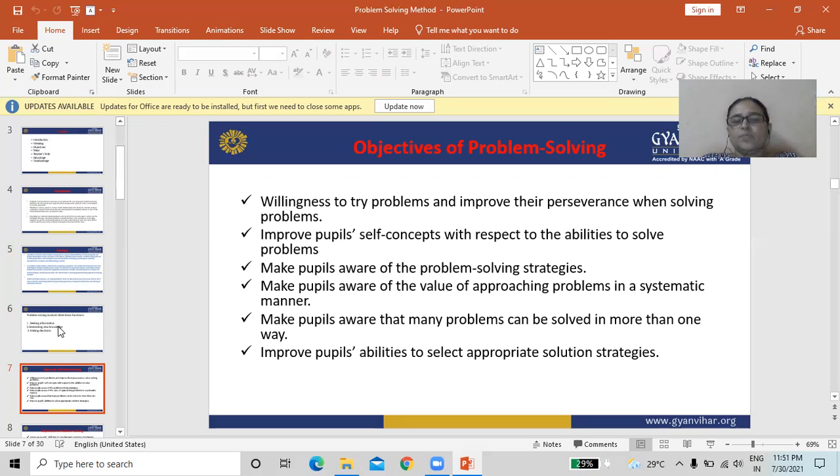Make people aware of the value of approaching problems in a systematic manner.